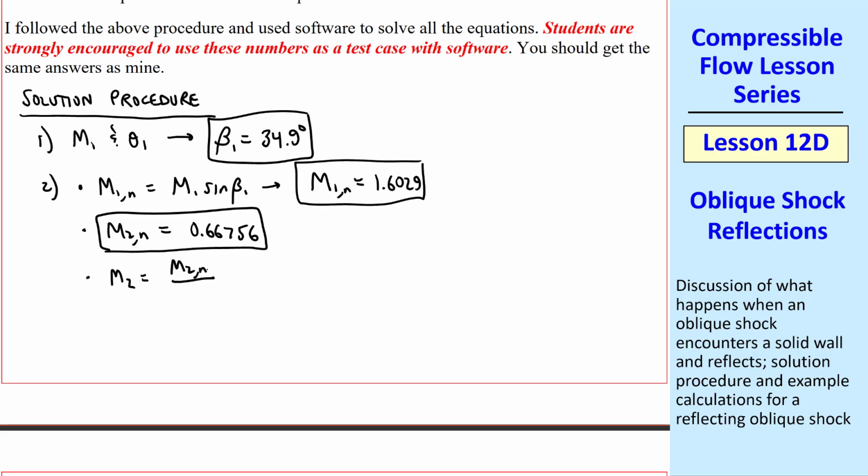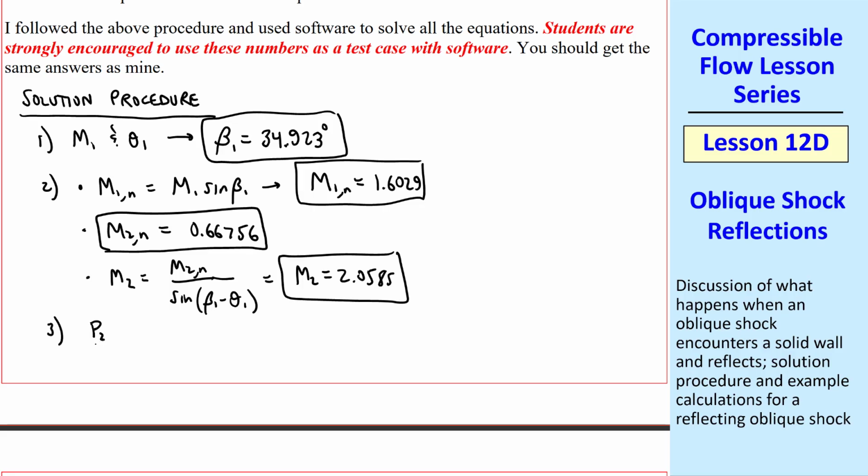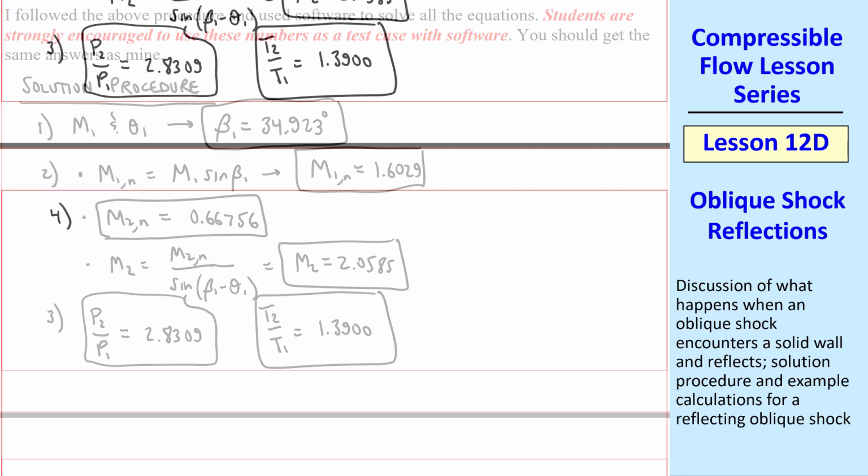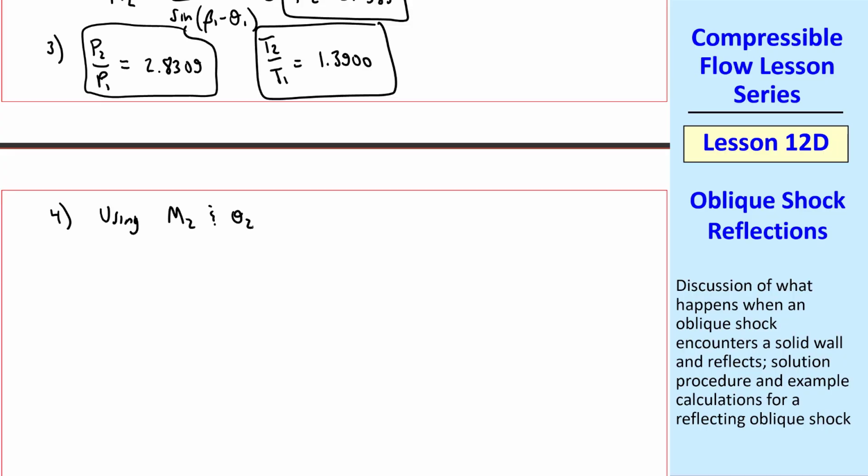For example here, to calculate M2 and to be consistent to 5 digits, I'll also report beta 1 to 5 digits. And using that here, I get M2 equal 2.0585. Step 3, using the normal shock equations and M1n, I get P2 over P1 is 2.8309, and T2 over T1 is 1.3900. Step 4, using M2 and theta 2, the theta beta M equation gives, again implicitly, beta 2 equal